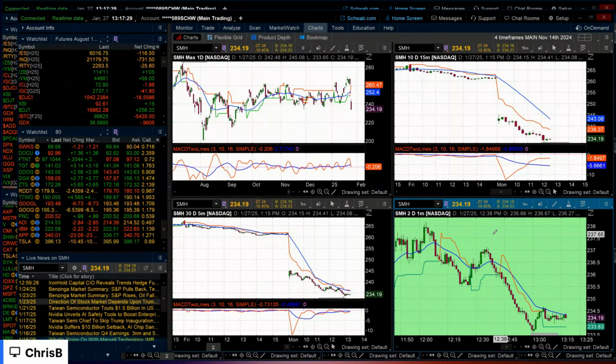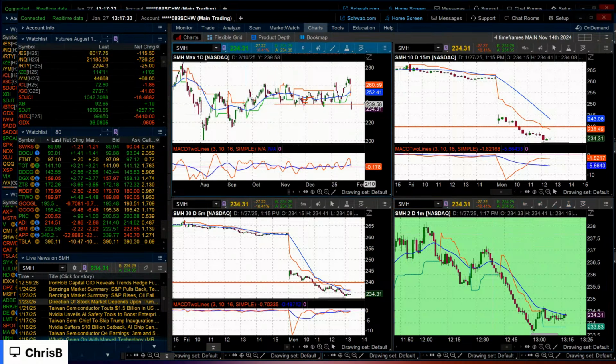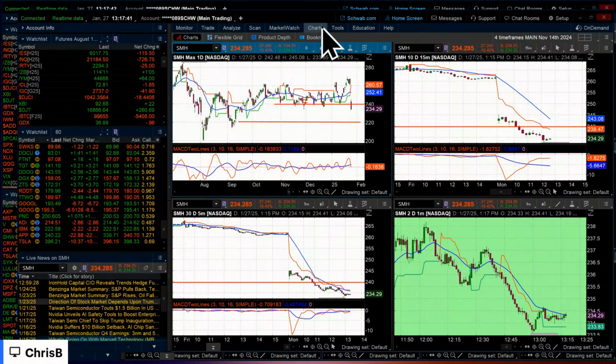I like 3 reasons to do something, though. In fact, to me, if it doesn't hold here, you're talking about another 14 points. I'm not saying that's going to happen because you got the Fed, you got earnings, but I'm just telling you, I don't have 3 reasons to buy it. So just keep that in mind. I just don't have 3 reasons to buy it.